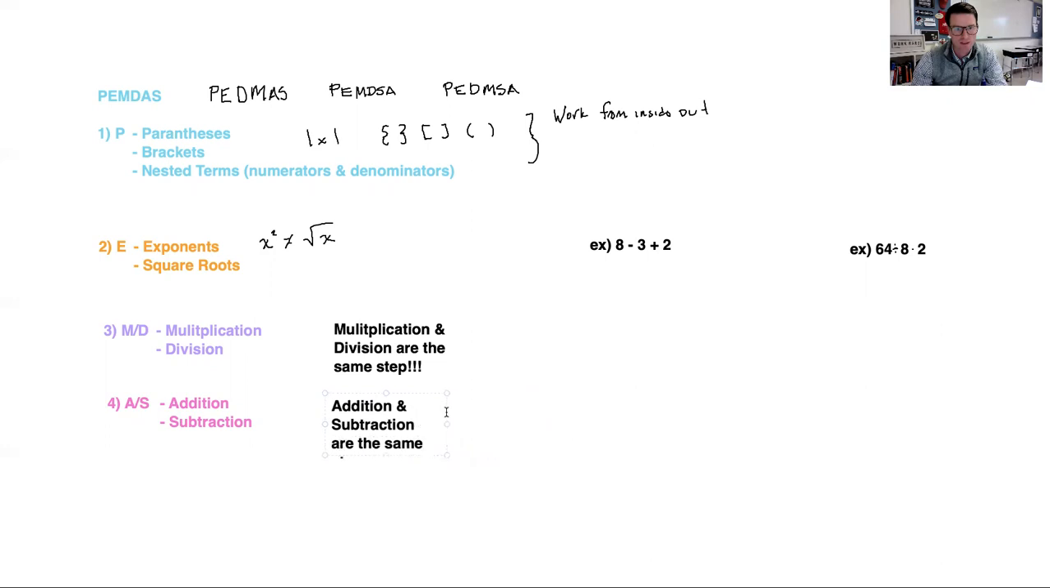Okay, and in both cases, we are going to solve these from left to right. So we always go from left to right. Perform from left to right. So the mistake here, and this is why I highlighted that we can change what PEMDAS actually is,